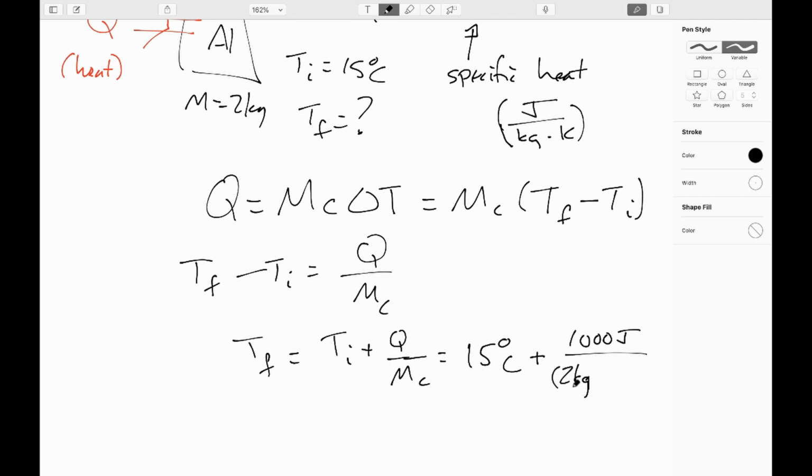And if you look it up in the tables, the specific heat of aluminum is usually quoted as about 900 joules per kilogram Kelvin. All right, so this will be kelvins at the end once you cancel all the units and everything. But remember, kelvins are the same thing as C degrees, so I have compatible units. And when I punch it through, I will get 15.6